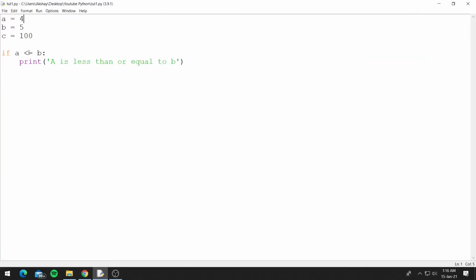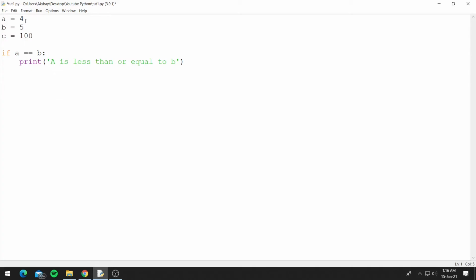The other operator was the equal to operator. You might think that to check if both numbers are equal, you will use the equal to sign, but this is called the assignment operator and it is used for variable declaration. So we cannot use it here. To check if two variables are equal, we use the equal to sign two times.